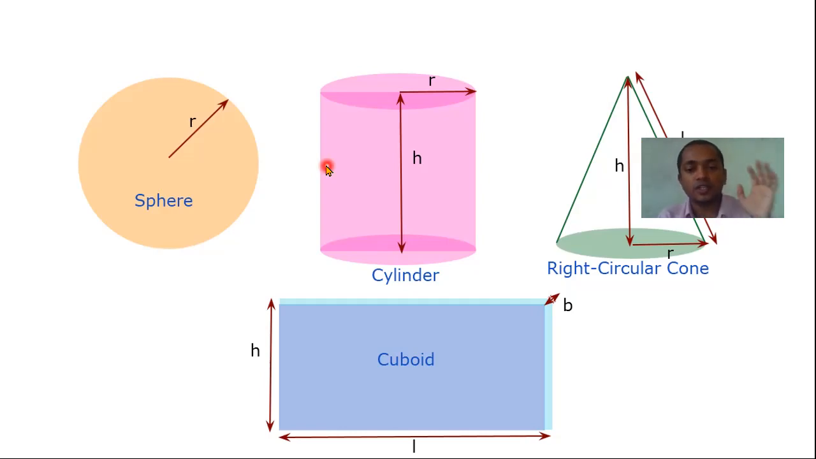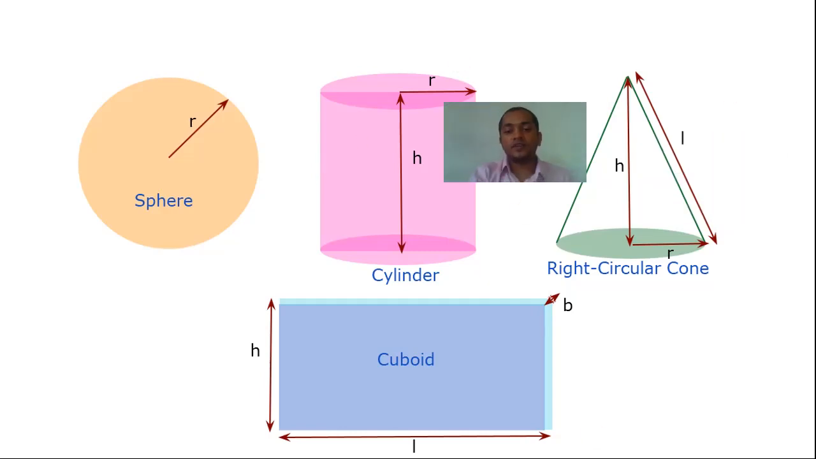So please write down: the volume of a cylinder is pi r square into h. So you have to just multiply h with the area of the individual circle. Now coming to the right circular cone. In the case of a right circular cone, the surface area is, okay, before that, one more thing is very important,